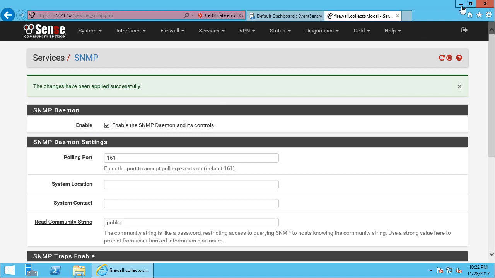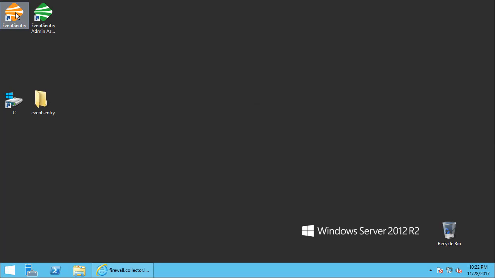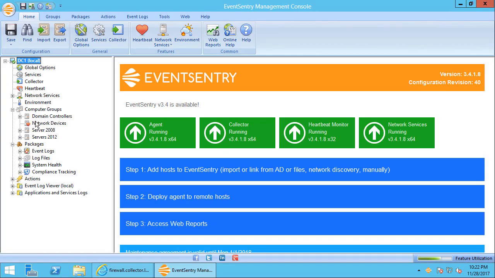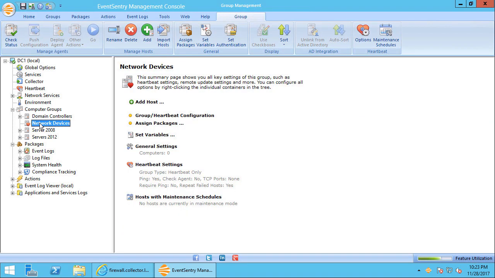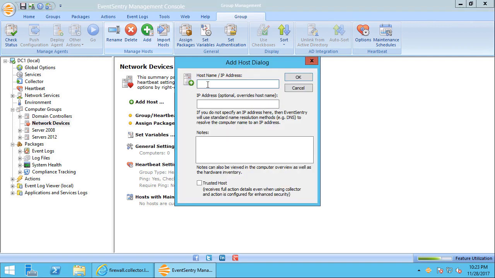So let's minimize this and go into the EventSentry management console. EventSentry has the network devices group added by default. Of course, you can change it and organize it in any way you would like, but for this demo we're going to add the firewall to the network devices group here. So I'm going to go to the ribbon, hit the add button, specify the host name, in this case it's firewall, and give it the IP address. In this case that's